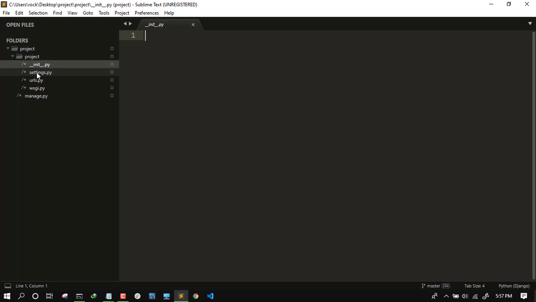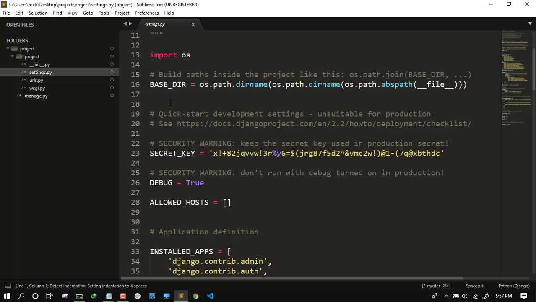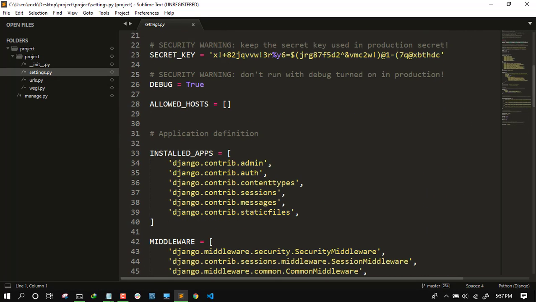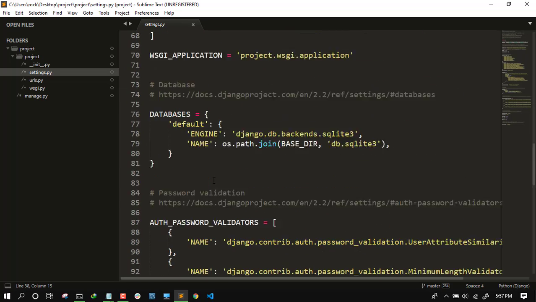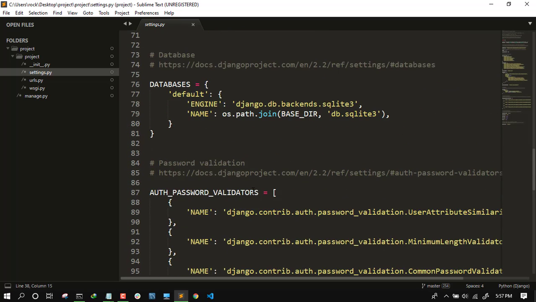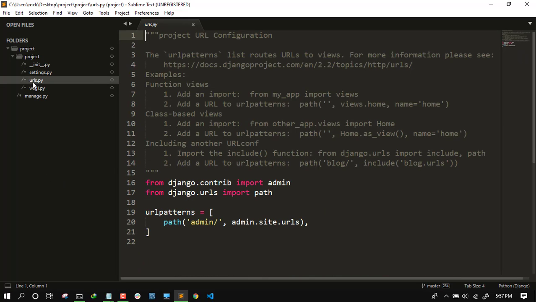And I like to come to settings.py. You can see that multiple lines of code are written. The main thing is to focus on what this file does. The settings.py is used to specify your project settings and configuration, like the app names and the database, and when you want to link your database to MongoDB or MySQL, you can configure it here. Now come to urls.py.